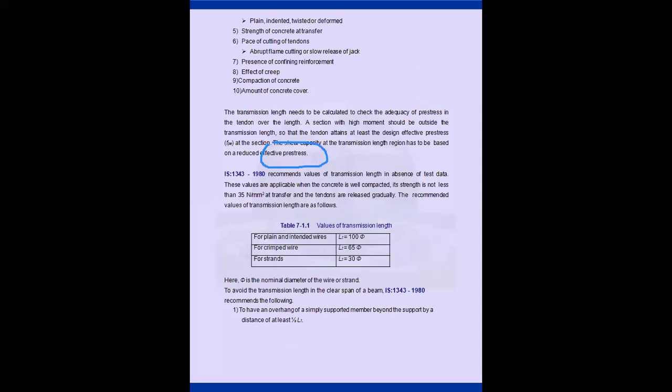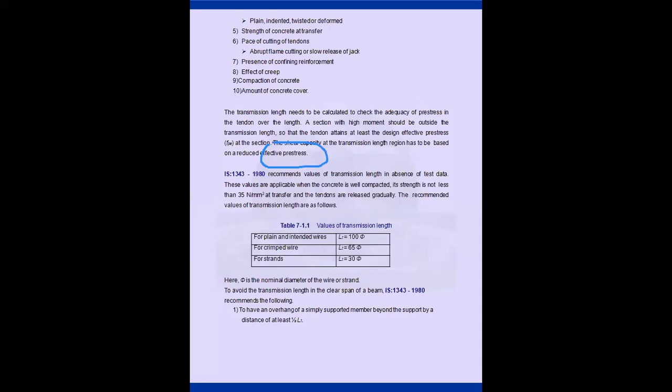While you are transferring the force, while you are pre-tensioning the strands, the concrete should attain its compression strength. Then only you have to cut the strands. Otherwise, what happens? Your concrete won't be squeezed. Your pre-tensioning won't be transferred into the concrete. So if you are using a grade of concrete of M20, your concrete should attain 20 MPa minimum strength before you cut the strand from the anchorage ends.